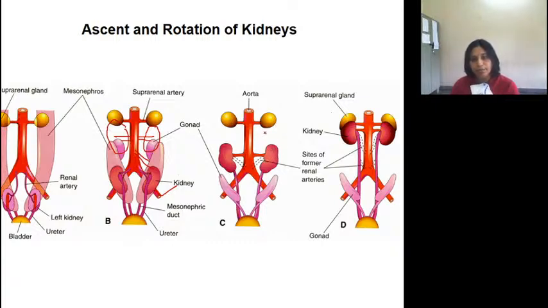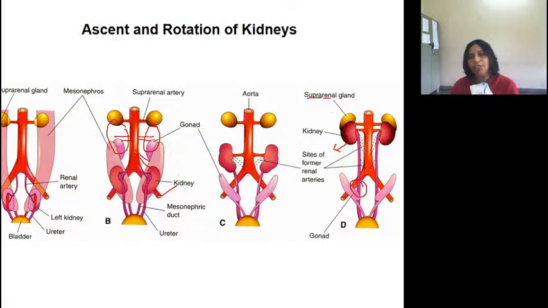So what is the structure here? You know that in adults the kidneys are capped by the suprarenal glands. That is why the adrenal glands are also called suprarenal glands, above the kidneys. After that there is no further ascent of the kidneys, because they are stopped by the suprarenal glands. If there is failure of ascent of these kidneys, the kidneys may remain in